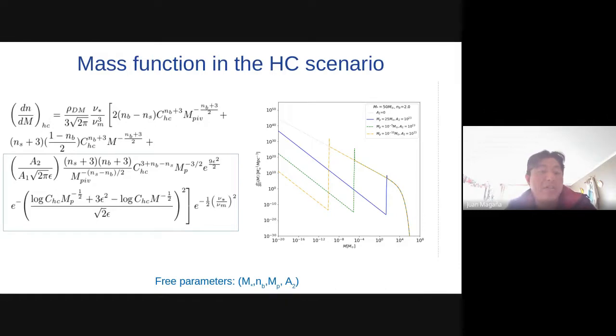If I do that, I obtain this kind of extended mass distribution. For example, this is the mass distribution for the horizon crossing scenario.